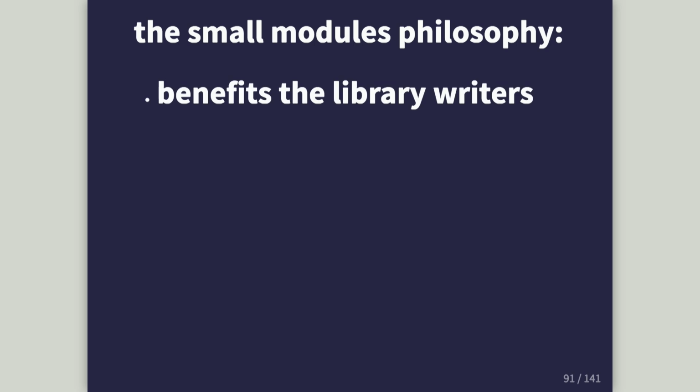They love it. They'll break everything down into extremely small modules. Their modules will depend on lots of other small modules. Everything will be well tested and reliable. But it disadvantages the application writers because they do not have control over those transitive dependencies. And then, as a result, fundamentally, it harms our end users, and it makes their runtime slower. All right, so how did we end up here?